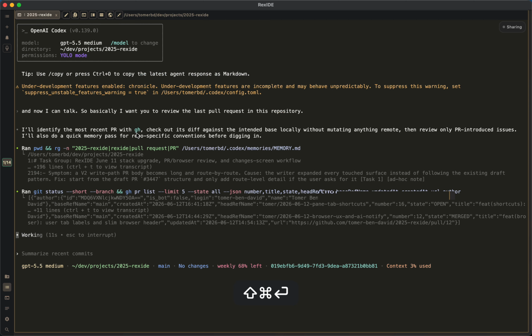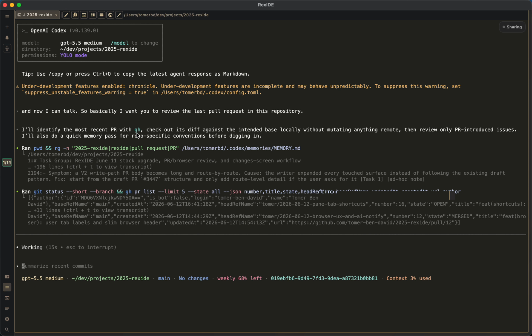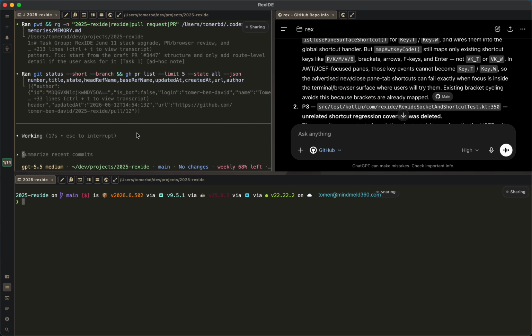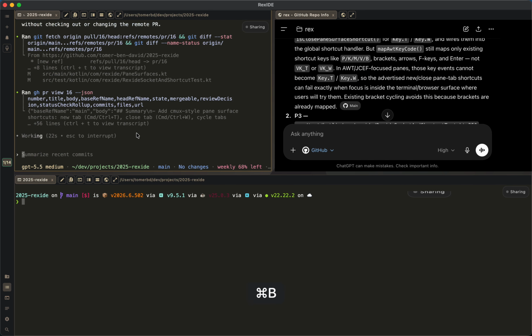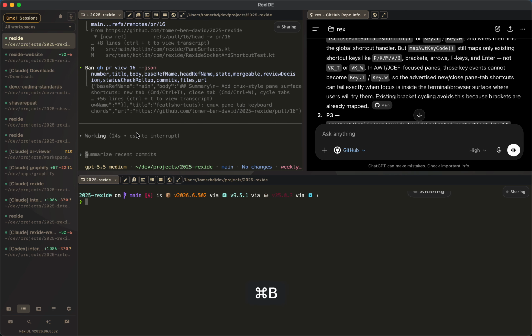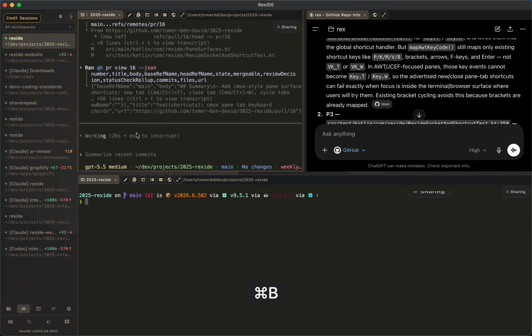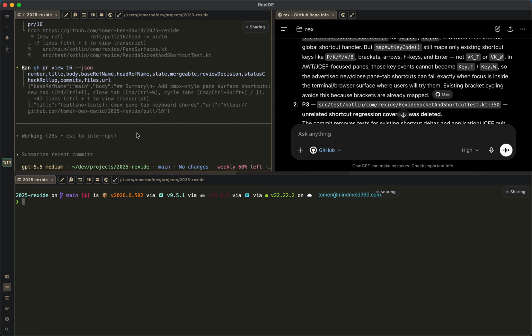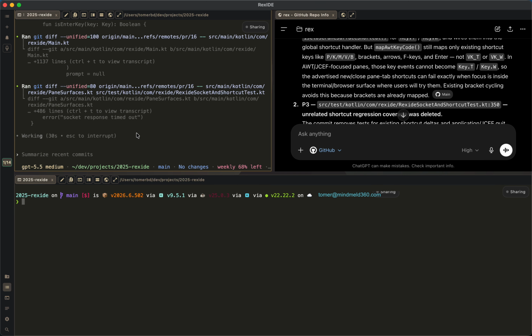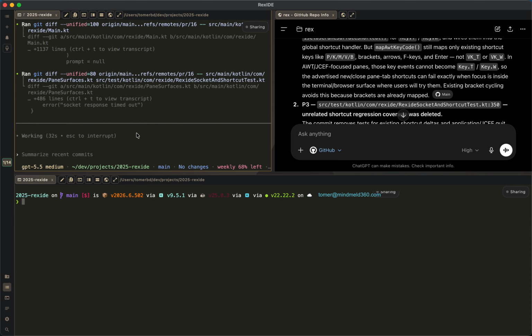Basically, I have Command Shift Enter for maximize and get back, restore the size. Right, I had Command B to collapse and restore the sessions on the left side, and I have Alt Shift space in order to start communicating with the agent. Submit.